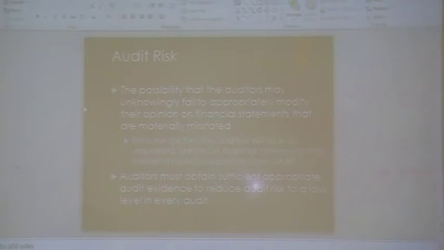The concept of audit risk is closely linked to materiality. So we're linking them up together here now. Audit risk, AR, is the risk that auditors may give an inappropriate audit opinion on the financial statements. They may give an opinion that the financial statements give a true and fair view when this is not the case, or vice versa. So remember what our audit is. When we do an audit, we're not looking for mistakes and fraud and all this. We're looking to give an opinion on whether the financial statements at the end of the year give a true and fair view. That's the auditor's main duty.